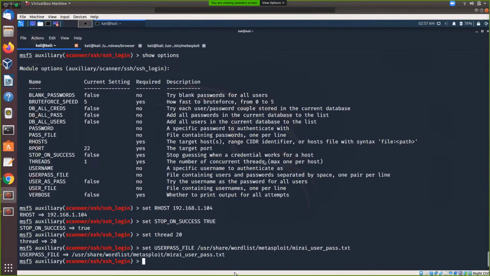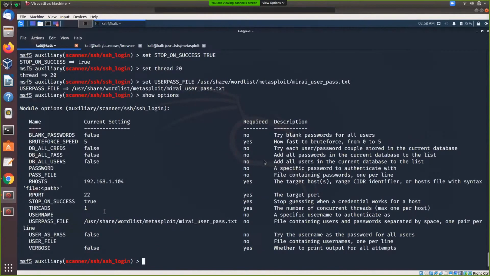I guess this should work. Now we'll check again. So yeah, it's changed. Okay, so we can run this.